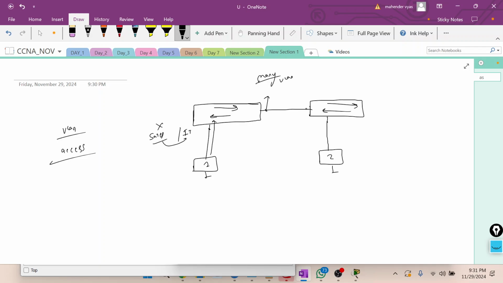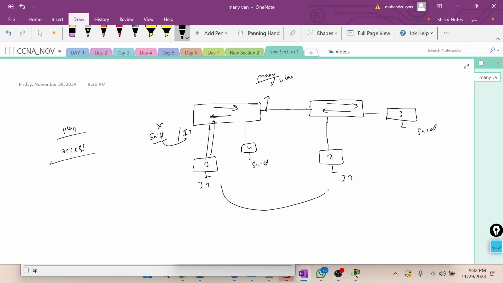Why would this be required? Suppose you have communication from switch to switch. On this switch you have another port, another PC connected. This is an IT PC, this is a sales PC. Again here you have one more PC connected. This is an IT PC, this is a sales PC.